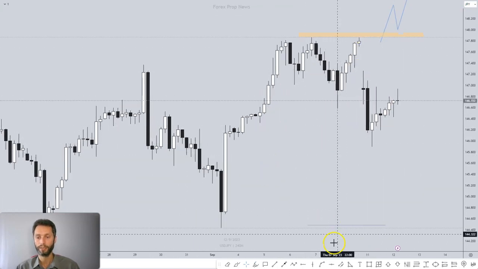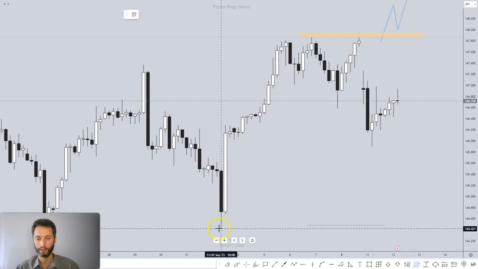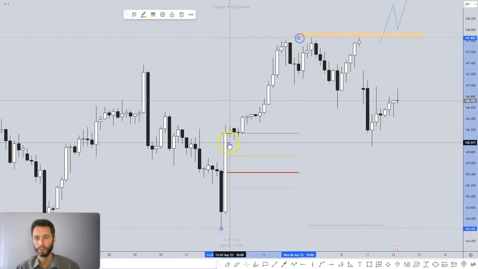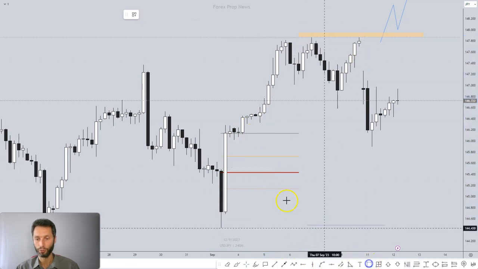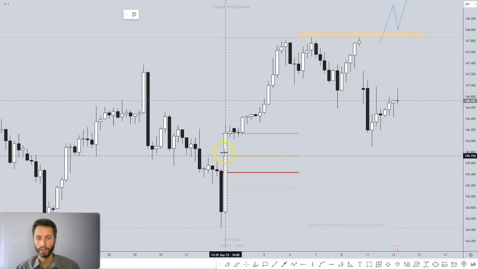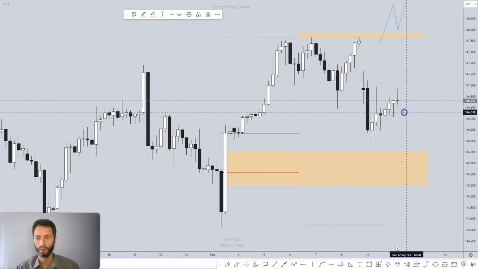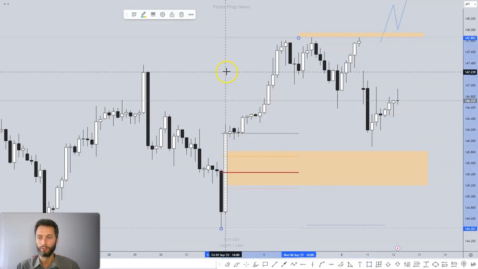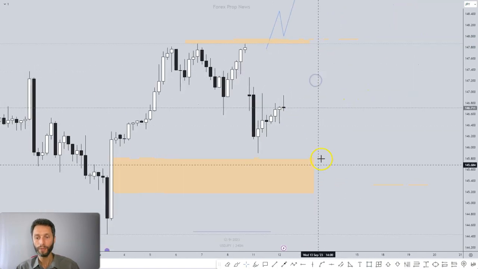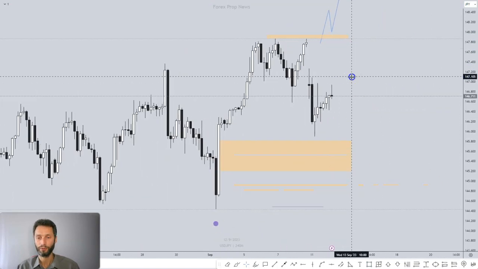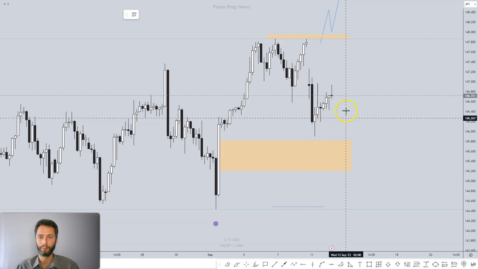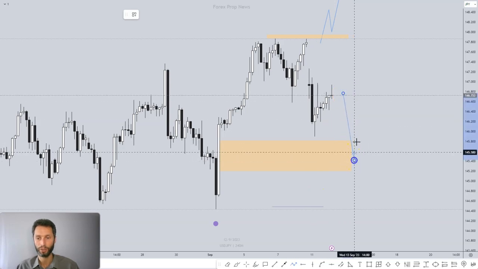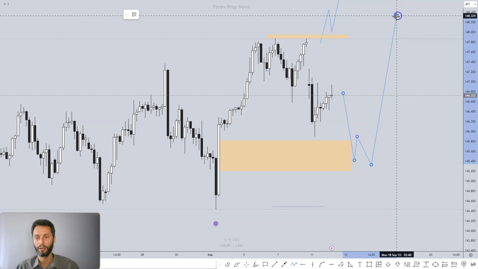So if we reassess this whole thing, what it now looks like is that if we take this low to the high, we can see that here's the halfway mark, here's the 62 level, and the area to watch out for now becomes here, as we have retraced lower. Now there become a few possibilities. We are kind of stuck in this big old range, and to really get a better price and a bit of clarity, we want to see a push lower, some kind of reversal, and then heading higher.